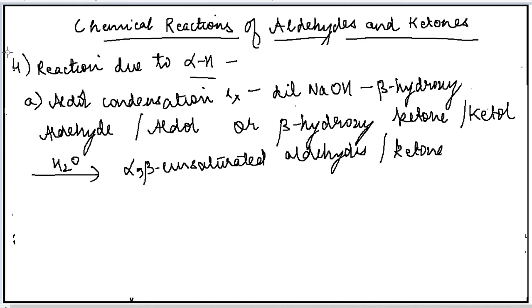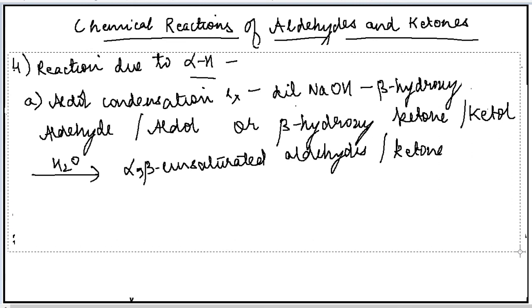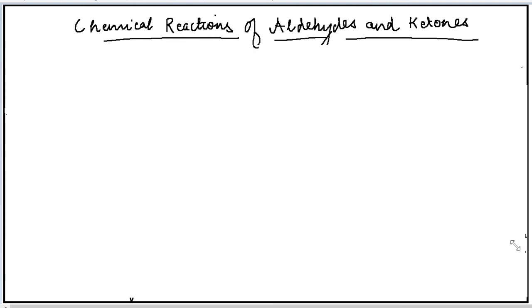So I'm going to show you the reaction here now. First I will take the reaction of aldehydes, and I will take that aldehyde which has an alpha hydrogen. So I am taking the aldol condensation reaction for aldehyde. Whether the reaction is shown by aldehydes or by ketones, the name will be the same. They will be known as aldol condensation reaction only. Only the product formed will be called either aldol or ketol. Just look here to understand this. I am taking the aldehyde.